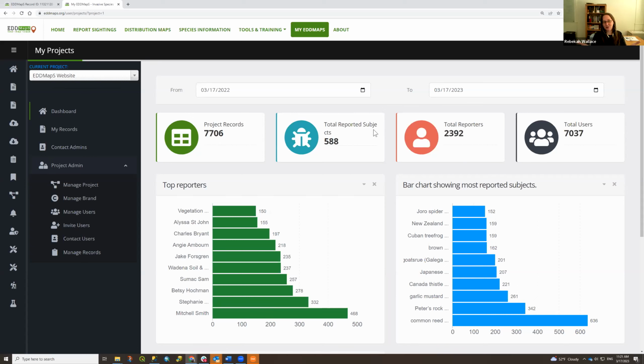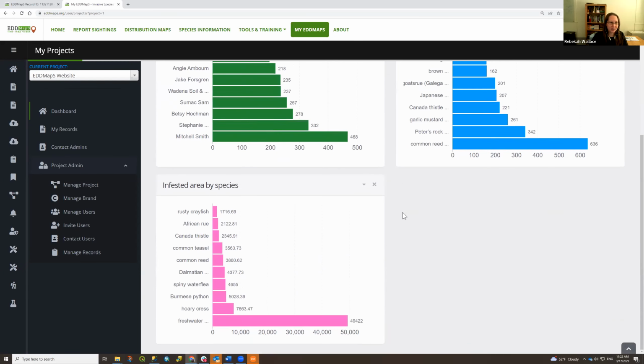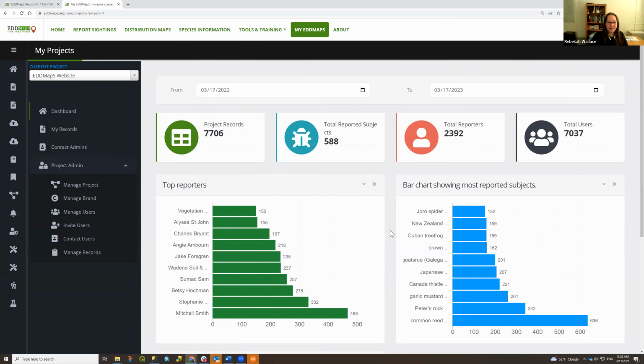Sorry, I have my screen magnified. I haven't zoomed in, so some of this stuff wouldn't actually be on a second line and cut all up. You can see number of people reporting using part of the project, species that are being reported in it, things like that. So you see some basic information relating to the project.